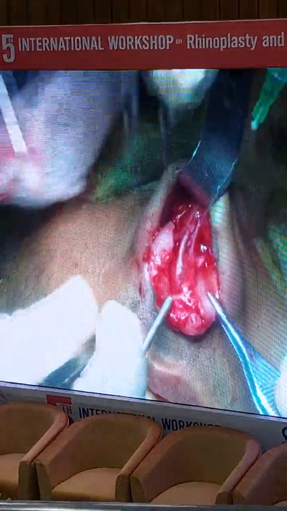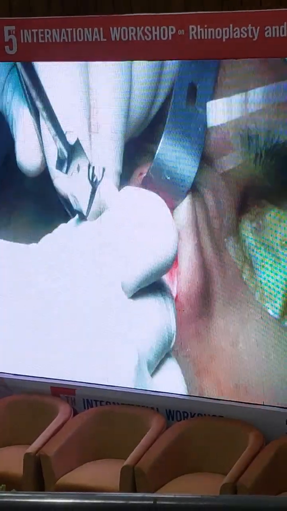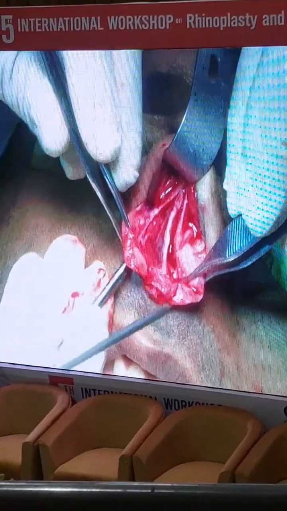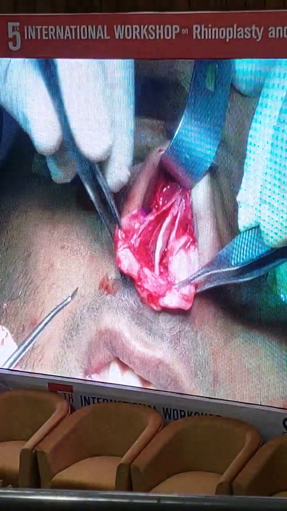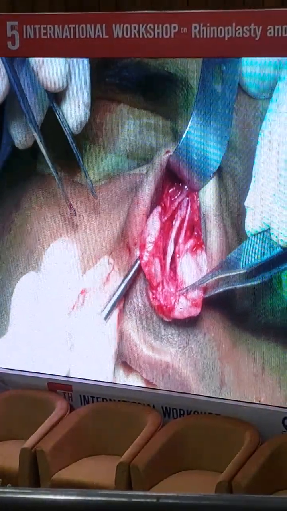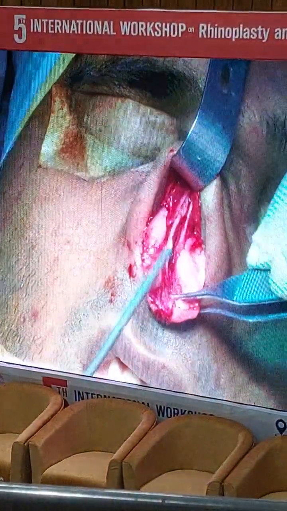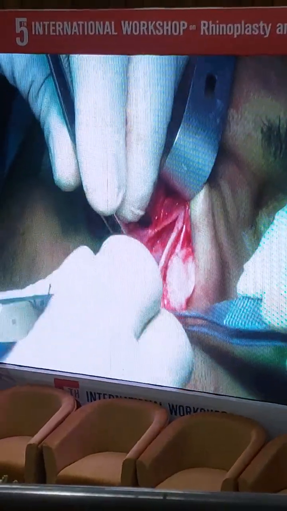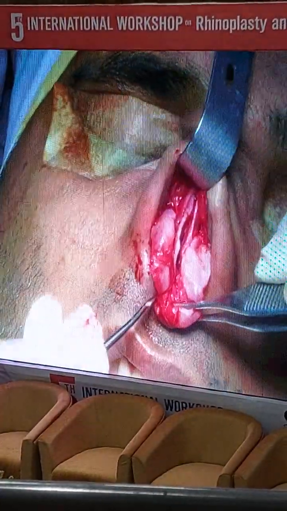So now we expose this septum anteriorly also. This is the internal nasal wall area, the junction between this and this, around 15 degrees. We always maintain the integrity of this. So these are some important points regarding the anatomy, the internal nasal wall, because we have two walls: one is the internal nasal wall, one is the external nasal wall.